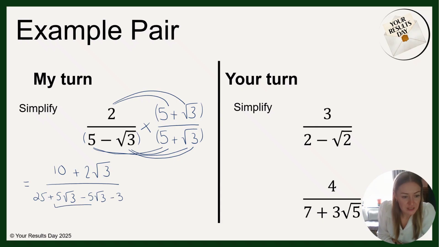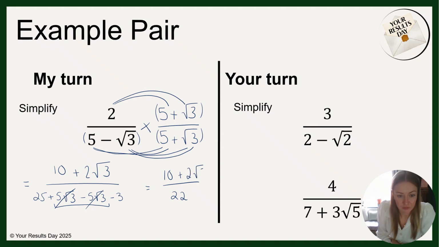Now hopefully what you can see here in the middle is we've got a positive 5 root 3 and a negative 5 root 3, which are going to cancel out with each other to get 0. That was why we swapped the sign in that first step. We needed one positive and one negative so that when we expanded it, they'd cancel each other out and we'd have no surds left on the bottom. So that and that will cancel and we're just left with 25 take away 3, which is 22. And on the top, we've got that 10